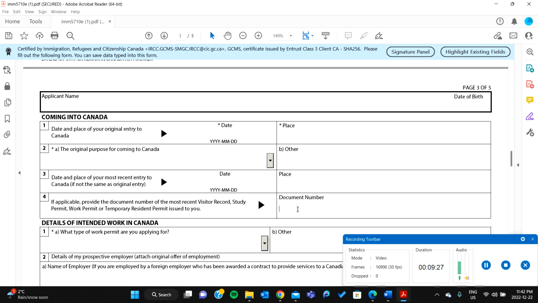Then over here the document number, it is the document number starting from a letter. In my case it was starting from F. You can find this on your study permit on the right top corner in black writing. Okay,